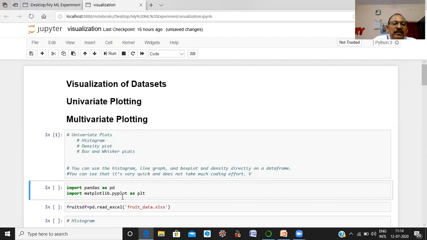This is the module in the matplotlib library, and it has functions for histogram, density plot, and box and whisker plots, and also scatter matrix plotting and many other plotting functions. Now next we execute this.